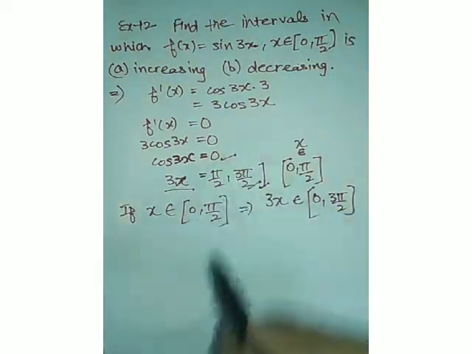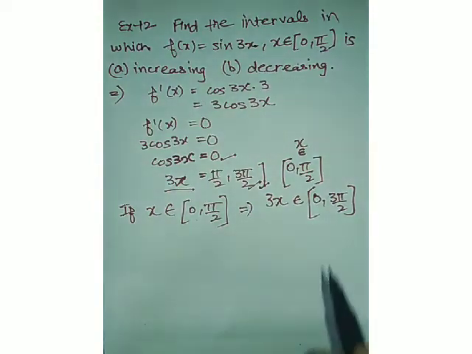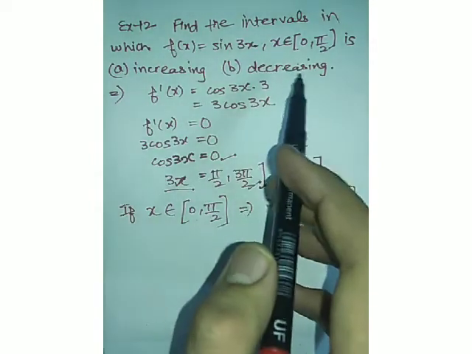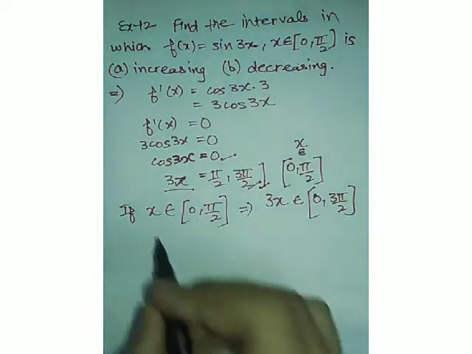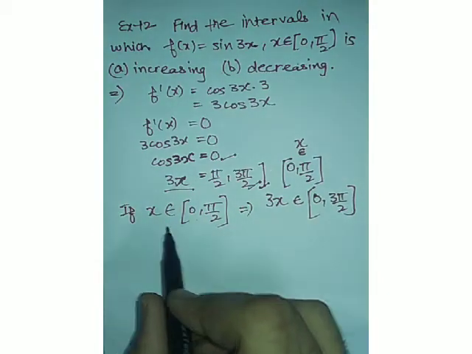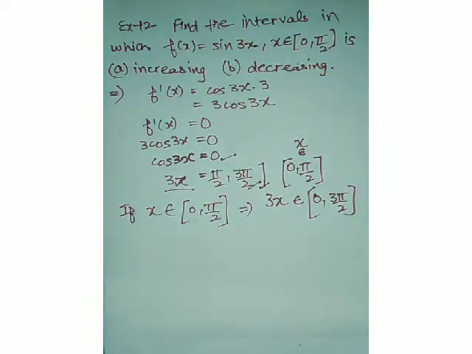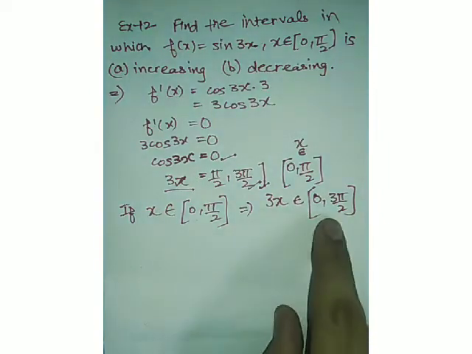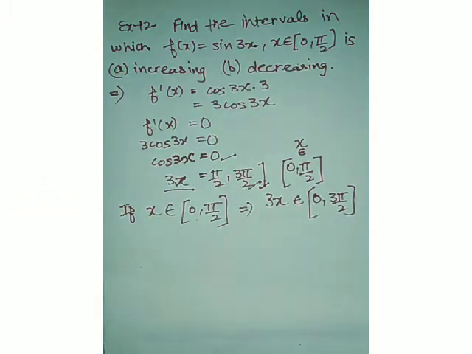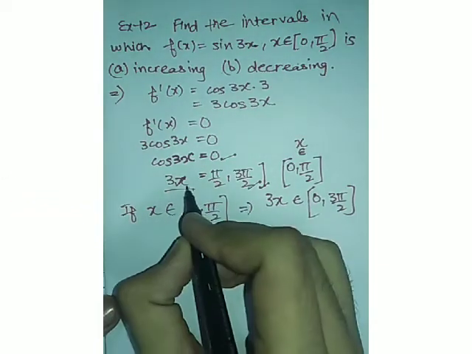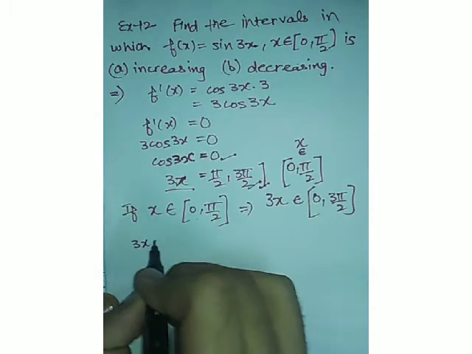Otherwise, it would have been only pi by 2. So take care of these things. The intervals in the statement are given for a purpose and you need to understand the whole concept. Alright. So now x belongs to 0 comma pi by 2 and 3x will belong to 0 comma 3 pi by 2. Clear? So now we have got two values of x, that is, if 3x equals pi by